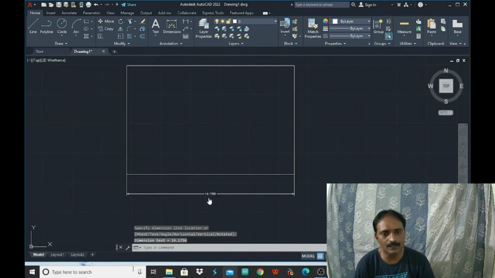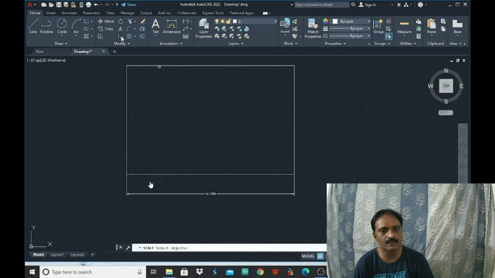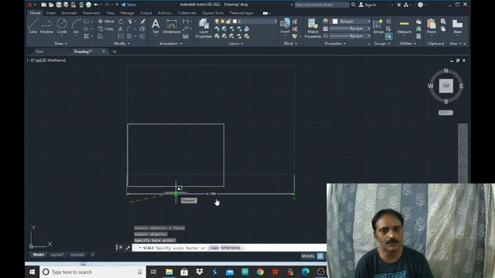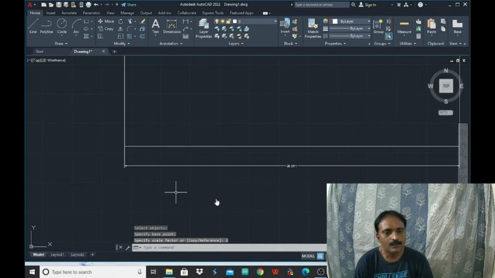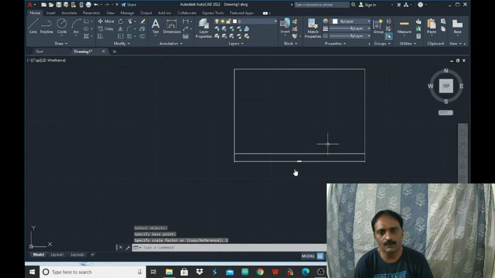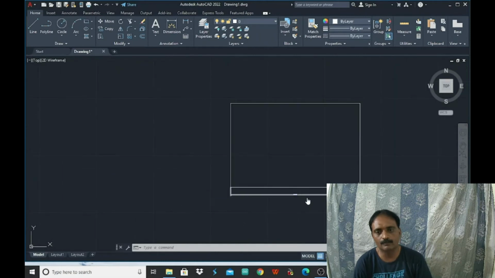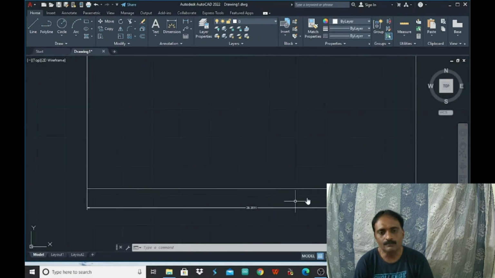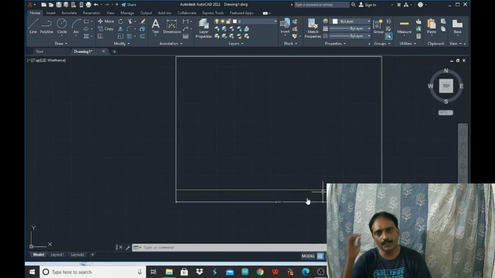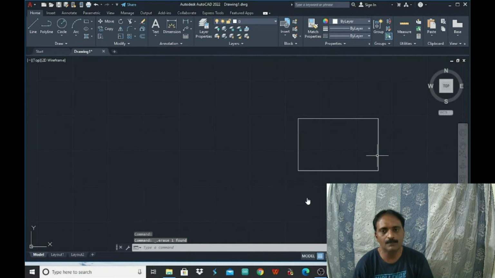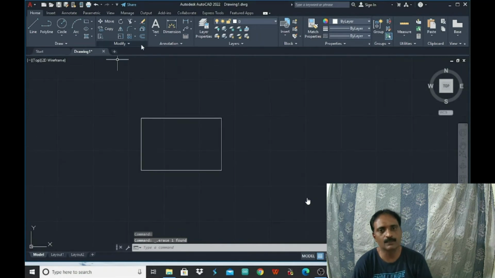Initially I am considering 14 units as the length, and if I increase it by 2 times, this length is going to be increased to 28 point something. If I use the scale factor as 2, I get the distance doubled. That is how we can increase or decrease the size of the object that we select. This is also one of the important commands.